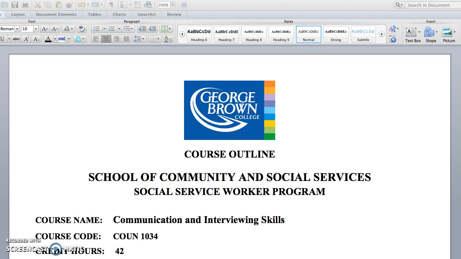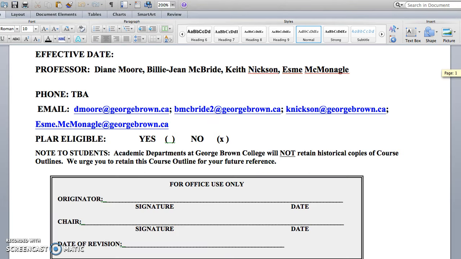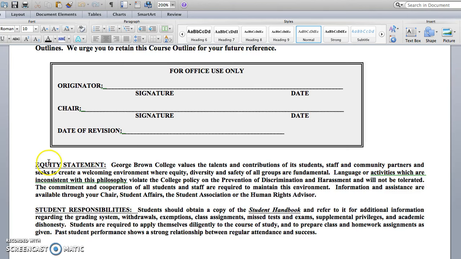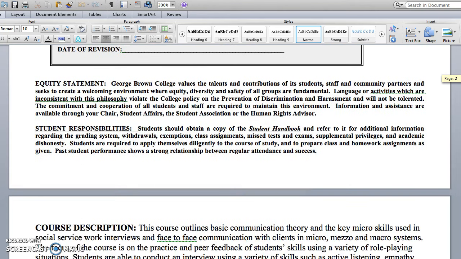So every course outline that you get will look very much the same in the sense that you'll find on the front page all the contact information. You'll see the professors listed who are teaching the course, and all the contact information that you need in terms of how to reach people by email. You will also see at the bottom of that first page two very important statements on equity in the classroom and also student responsibilities. So I do encourage you to read that through